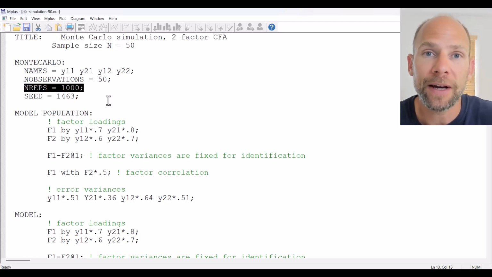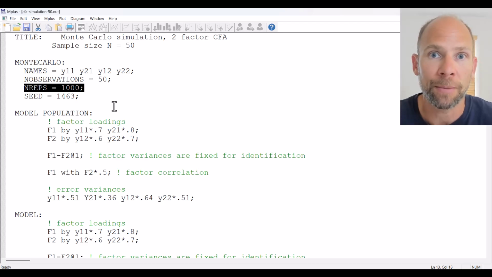nreps specifies the number of replications that we use in our simulation, meaning the number of times that we draw from our population model that we're simulating. So we're going to draw 1,000 samples from the population model. You can think of that as being similar to a bootstrap. So here this would be a parametric bootstrap procedure where we are generating from a known population model, and then